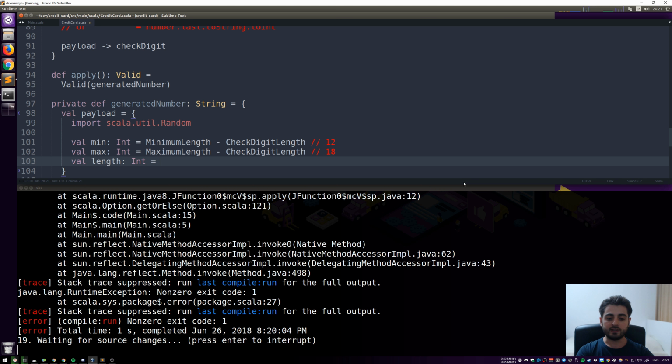In order to generate that, we need to take the random number, random nextInt. Now we need to generate a number somewhere between 18 and 12. So basically we need to generate a number somewhere between 0 and 6. So we need to do max minus min, so max minus min is 6, and we need to add 1. This should be in the end somewhere between 12 and 18 if we add the 12. So if we start with the 12,